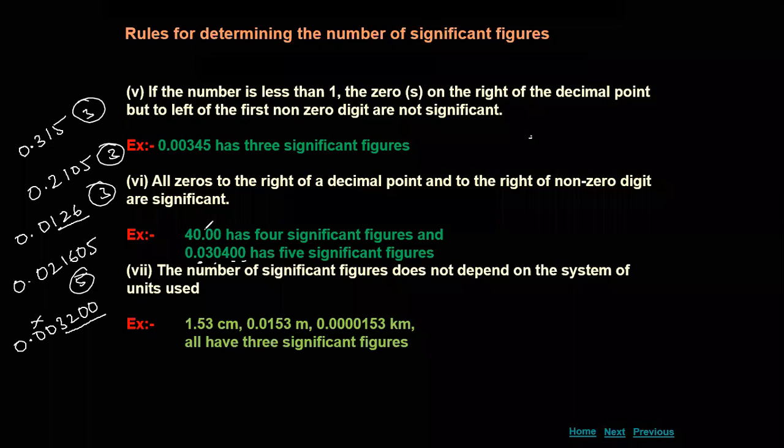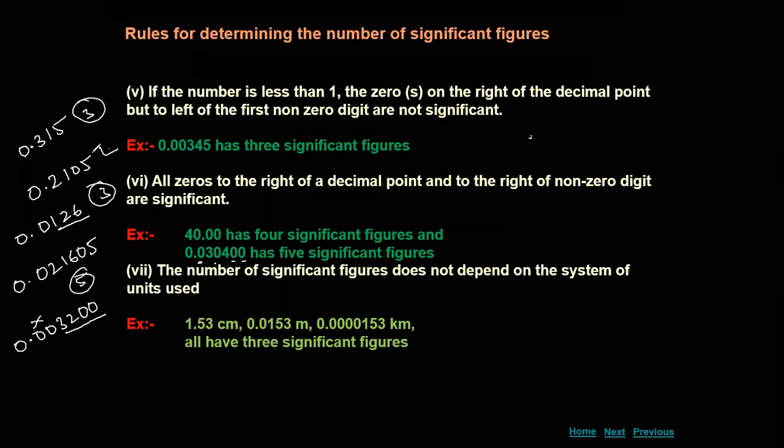Now somebody is asking, Avinash, 0.2105 has 4 significant figures, but you wrote 3 significant figures. Where 0.2105? All right, it is 4 only. When I was telling it, I said 4, while writing I made a mistake, I think. Yes, you are correct. It should have 4. Thank you, Avinash. When I was saying, I said 4 only. And moreover, Maleha only answered it, 4. She answered correctly.